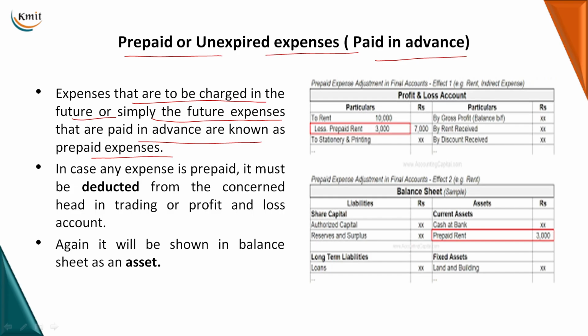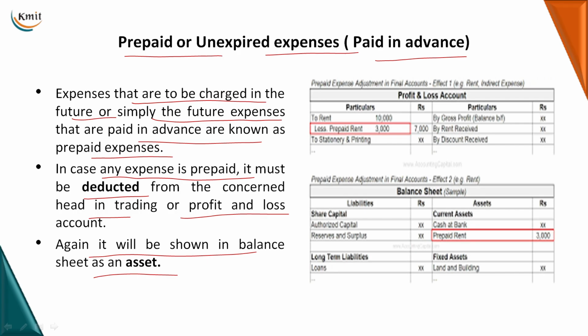So to that extent the adjustments are to be done, right, to give a clear picture of the income and the expenses. In case any expense is prepaid, it must be deducted from the concerned head in the trading or profit and loss account, and again it should be shown in the balance sheet